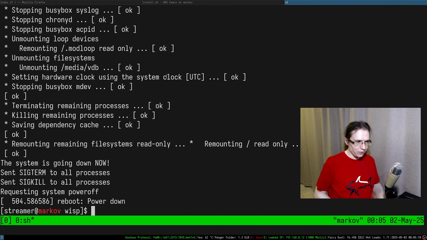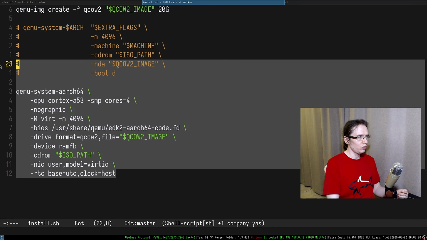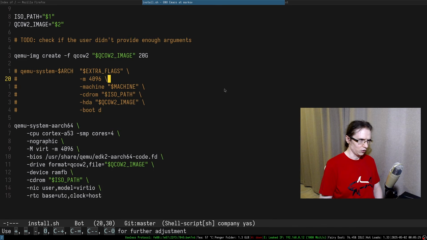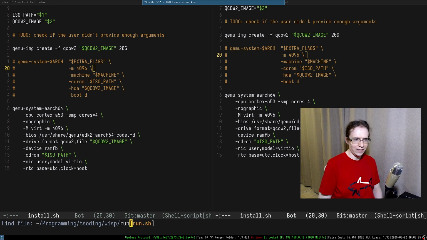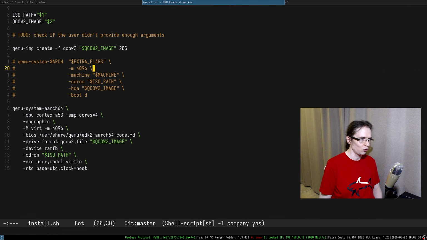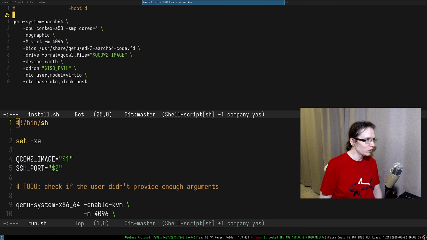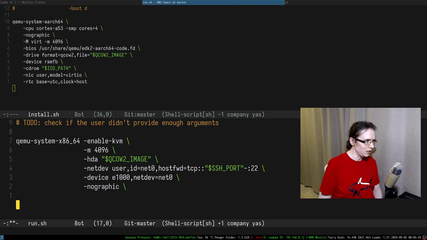So that was a collective effort, and we got the your mom QCOW, which contains ARM Alpine Linux, which is kind of cool. So now we need to run it somehow. I suppose I'm gonna hack a run.sh script in a similar fashion as I did the install one. So let me literally copy paste this command in here.